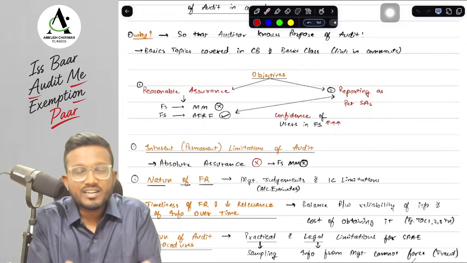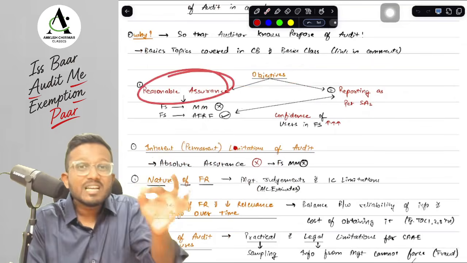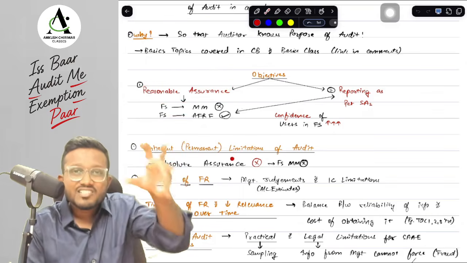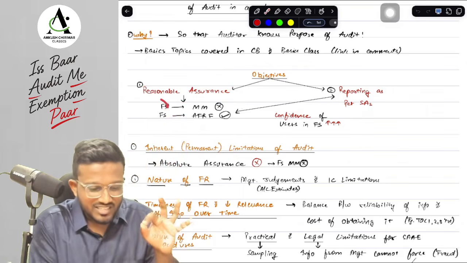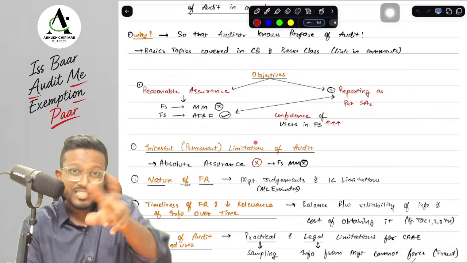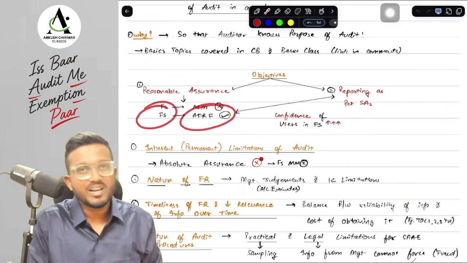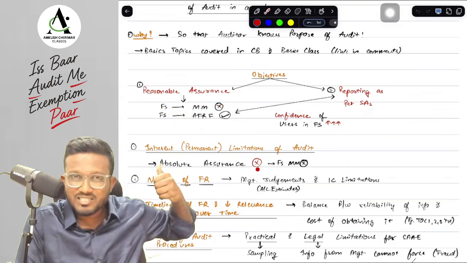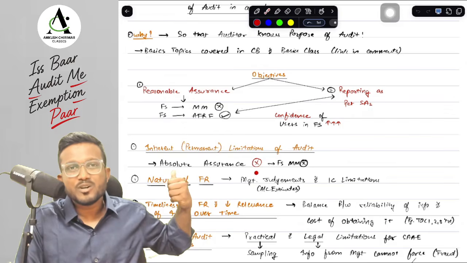What is the objective of an auditor? The objective of an auditor is to obtain reasonable assurance. We don't have to obtain absolute assurance, we just have to obtain reasonable assurance, just a satisfaction that the financial statements do not have material misstatement, which means we can say that the financial statements are prepared as per AFRF. Will the reasonable assurance be kept with us, or should we tell the users as well? We should communicate this reasonable assurance to the users as well.